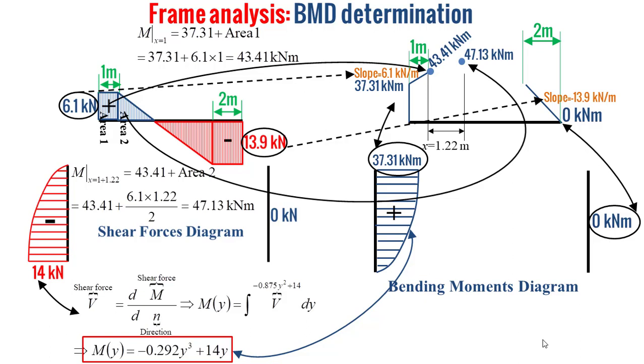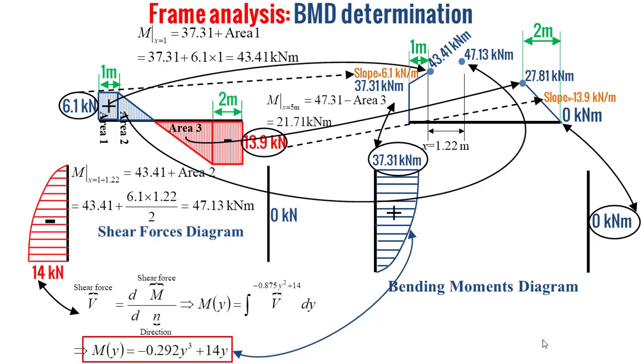This bending moment will be 47.13 kilonewton meter as 43.41 kilonewton meter plus the area 2. And based on this area 3, we can determine the bending moment at a distance equal to 5 meters from the left hand edge of the beam,